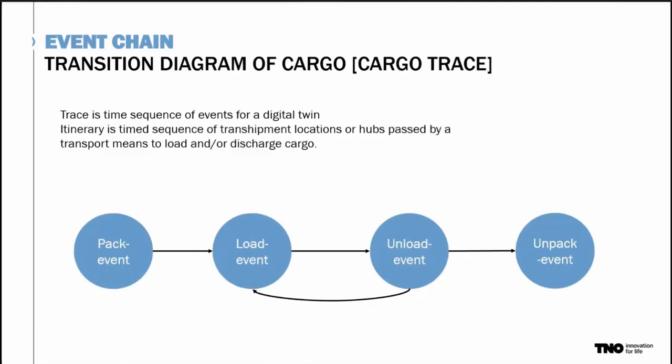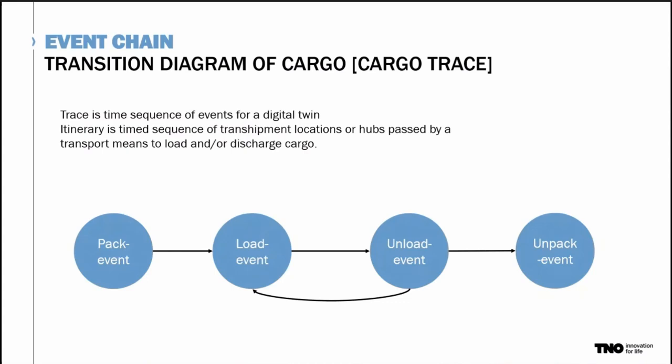Because a cargo trace, basically also is in our structure a sequence of events. Because a cargo trace can start with the packing event, then several load and unload events, and at the end an unpack event. And this is also very relevant for the accident use case,